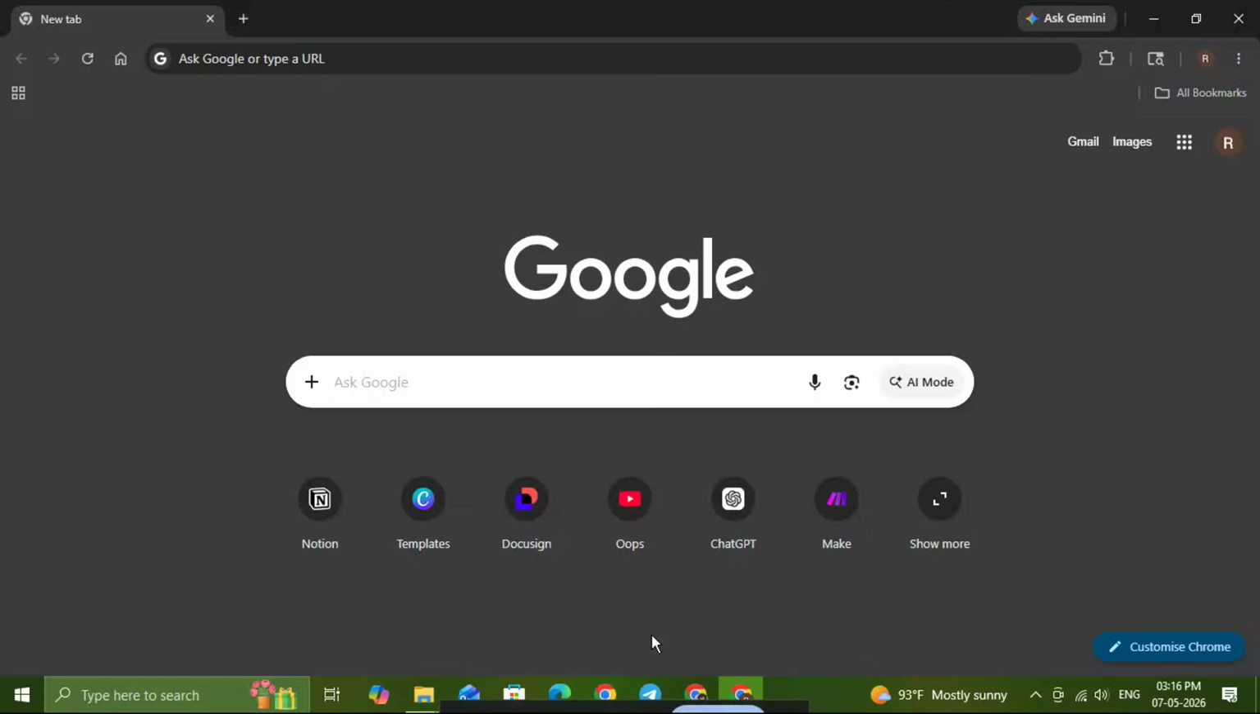In today's video, I'm going to show you how to disable pop-ups in Google Chrome so you can browse with fewer interruptions and stop those annoying pop-up windows from appearing on your screen. This is a simple setting, but it can make a huge difference if you want a cleaner, safer, and smoother